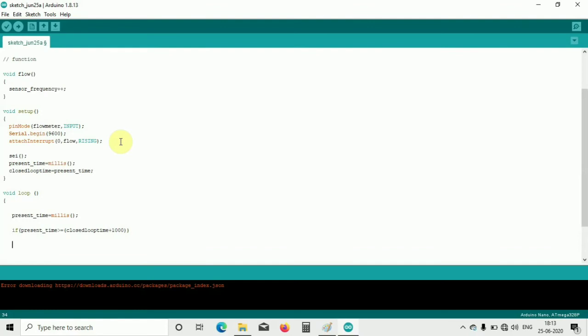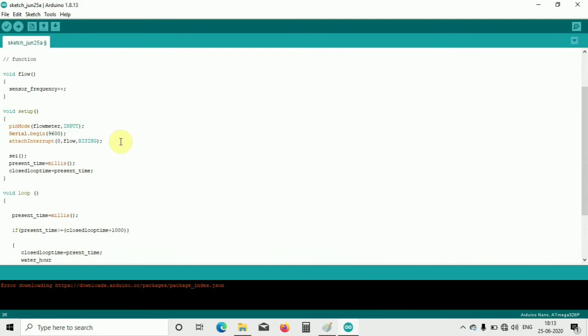At that moment, I will open the bracket here, and closed loop time will be equal to present time. This will update the closed loop time every second as the pulse is coming. In this itself I will write how much water is flowing through in 1 hour.